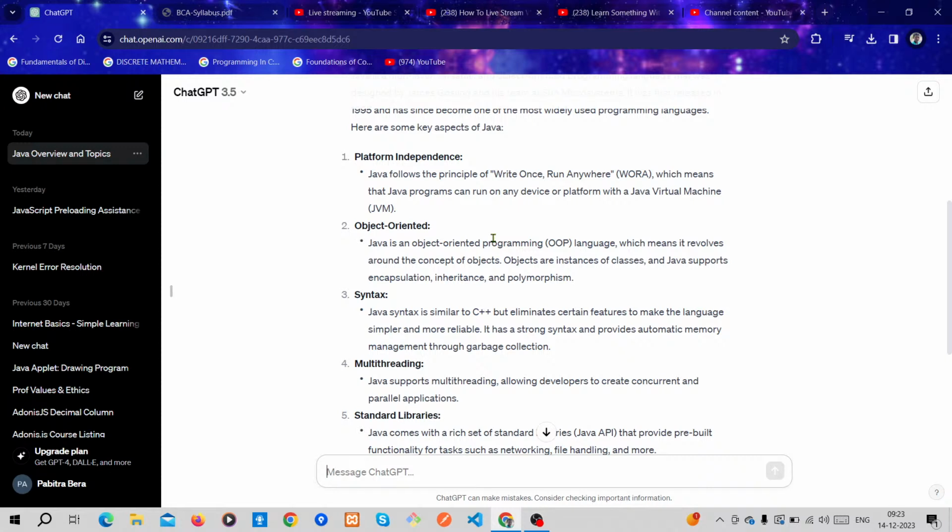Different platforms means you have 32-bit Windows, the code can run on Windows 64-bit, Mac OS, Linux, every platform, because this is just a common compilation.